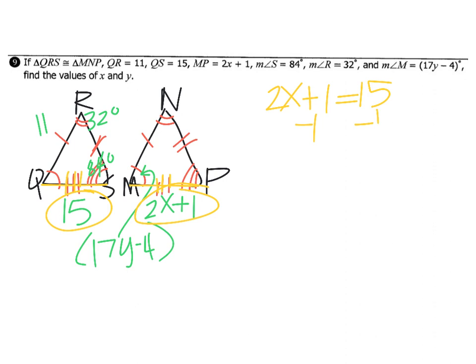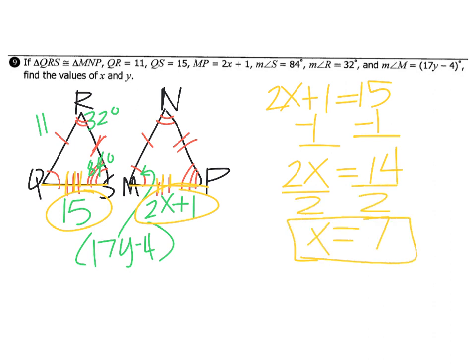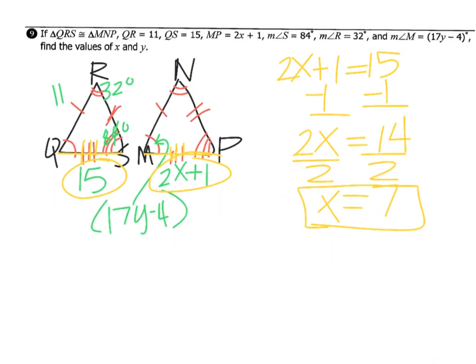If we didn't have a picture, this would be very challenging, so always draw a picture. So x equals 7. Then what else do we know? We know that R is 32 and S is 84. So in order to find the measure of angle Q, what we would need to do is add them together